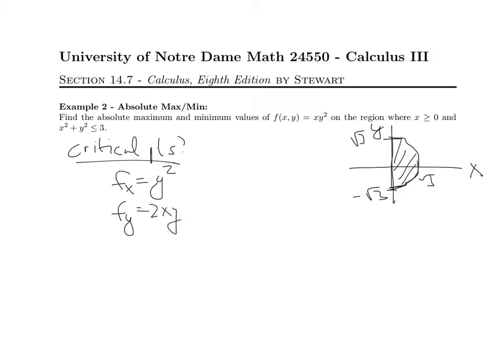Okay, so now let's look at the conditions here. So if this is equal to 0 and this is equal to 0, then what this tells me is that y has to be 0. And what this tells me is that x or y is 0. Okay. So now I have to think about what solves this system simultaneously. Well, if x is equal to 0, the second equation is 0, but the first equation is not 0. And so the result of this is that the critical points